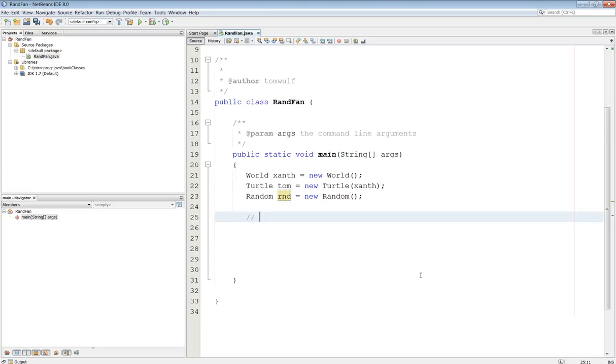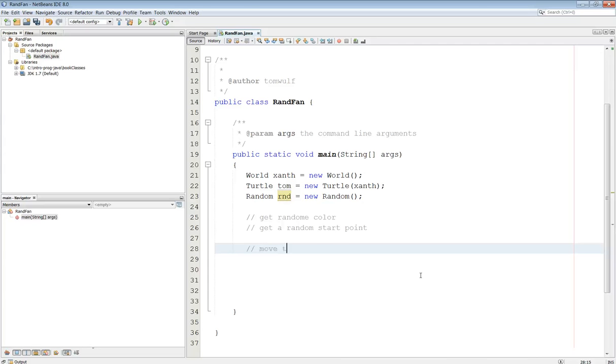So get random color, get a random start point, and then basically the algorithm will be: move to the start point, which means we have to put the pen up before we can do that, right? So pen up, move to the start point,